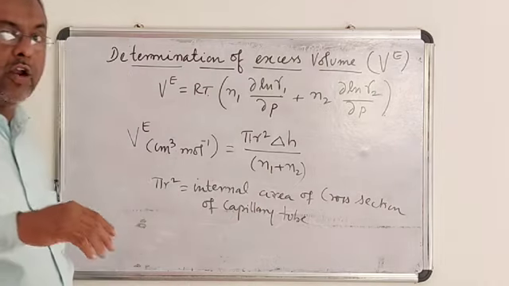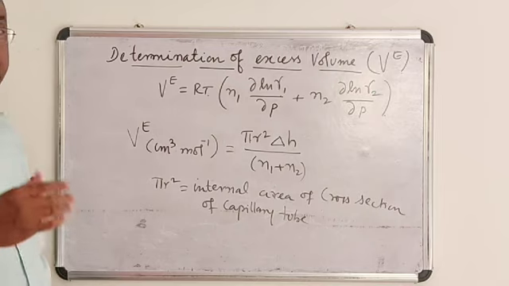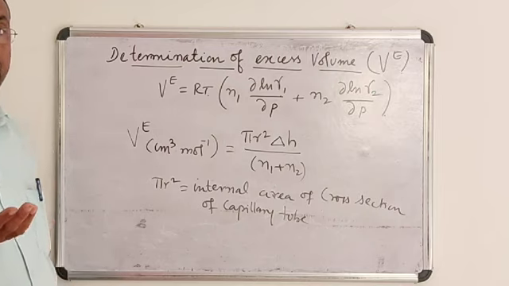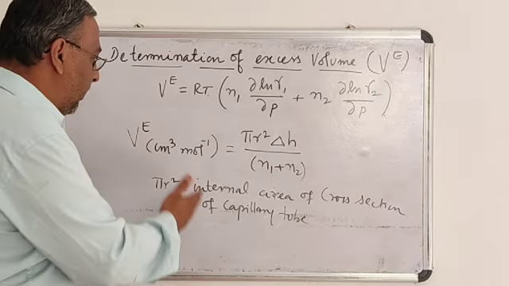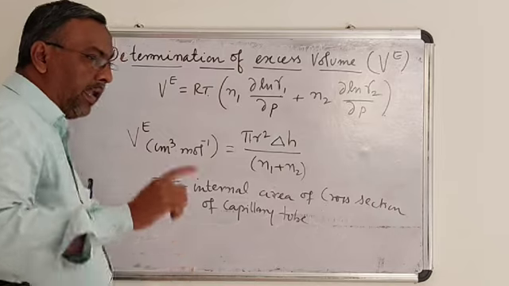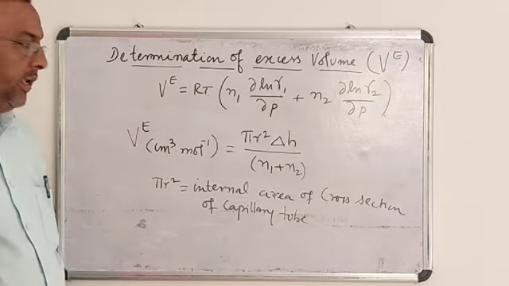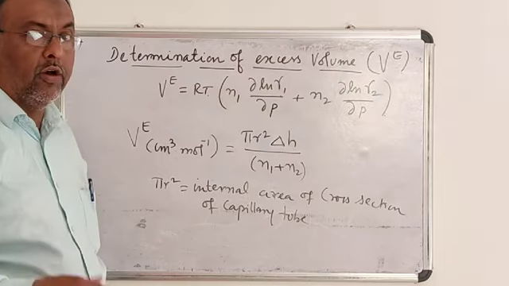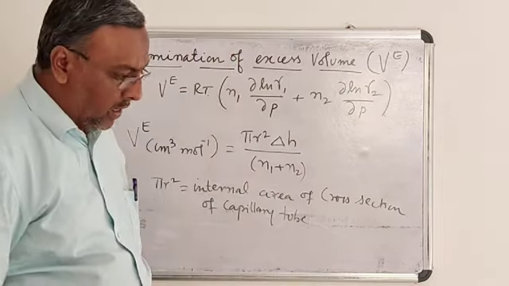N2 are the number of moles of constituent 1 and constituent 2, or we can say the number of moles of solution 1 and solution 2 which undergo mixing. So therefore, by knowing the value of capillary range before and after mixing, we can easily find out the excess volume by using the instrument called dilatometer.